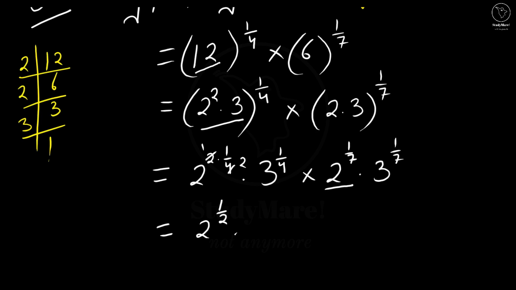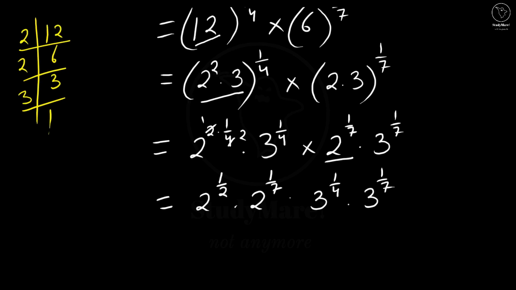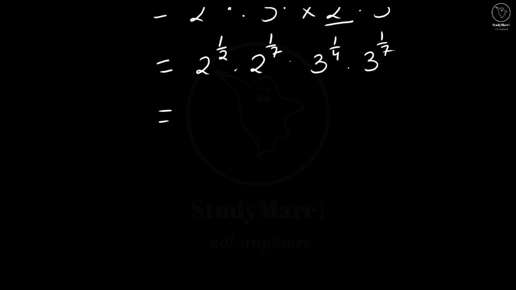Let's write this 2 to the power 1 by 7 over here, just to make things easier. We have 2 to the power 1 by 7 into 3 to the power 1 by 4 into 3 to the power 1 by 7, which is equal to 2 to the power 1 by 2 plus 1 by